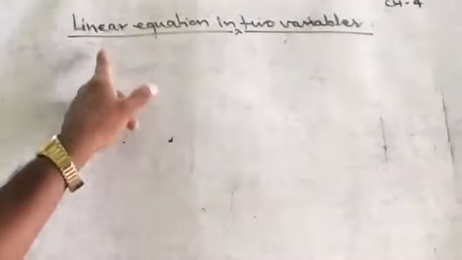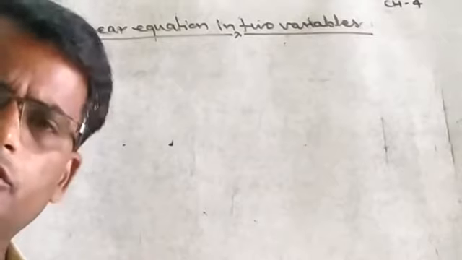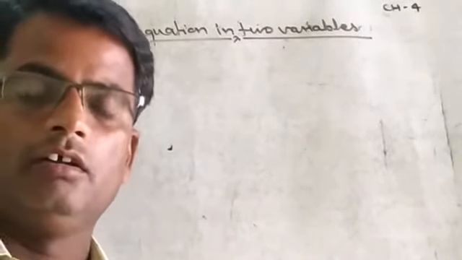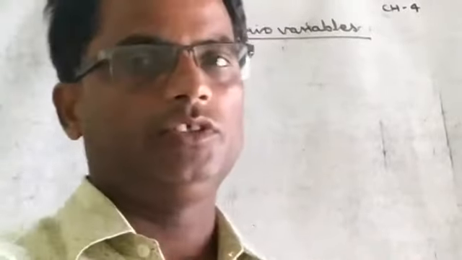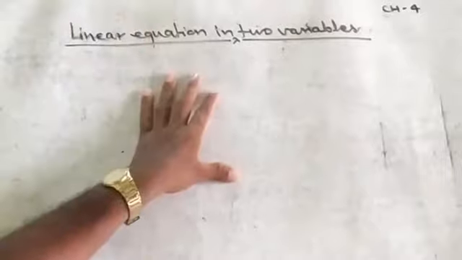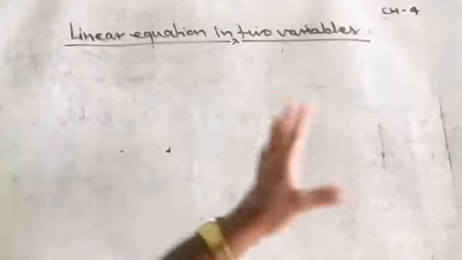Today I am going to start mathematics chapter 4, linear equations in two variables. This chapter is very small and very interesting. First thing, in the previous chapter, Heron's formula, area of quadrilateral, I said that is excluded from your syllabus. You don't study. In this chapter, problems based on ratio and proportion are also excluded. I will not discuss.